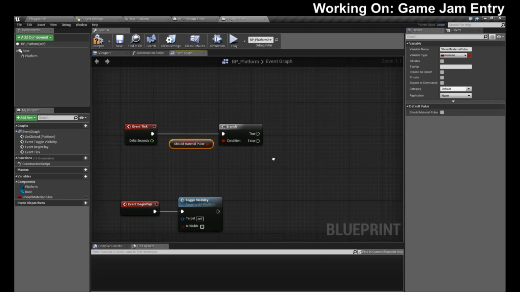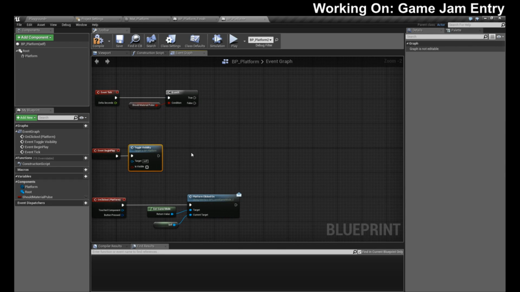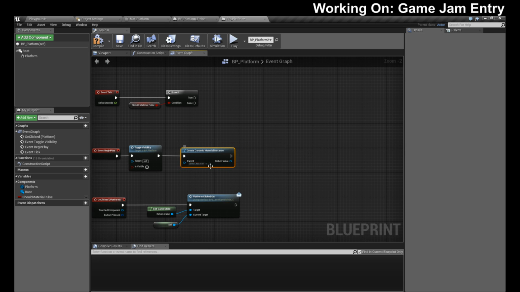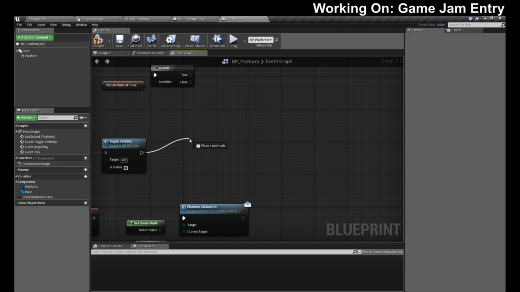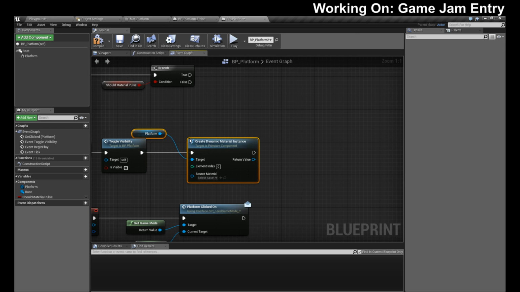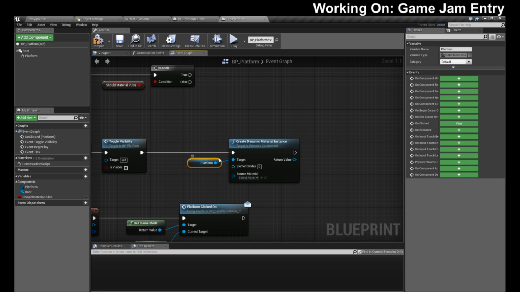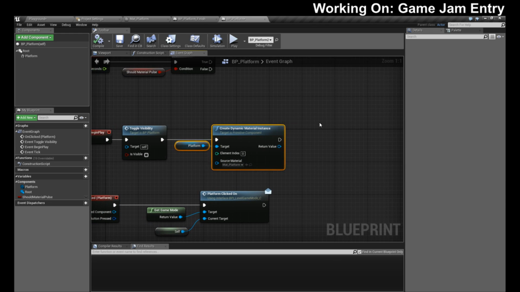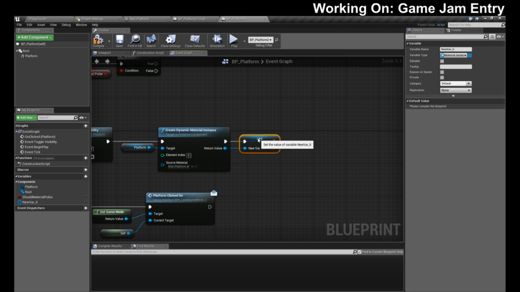I'm going to need to create a material instance on each of these, a dynamic material instance on the platform. So I should have done that on the platform, because those are two different things. And it's going to be the material platform. Okay, let's store this as a reference, which is going to go here, and this will be the material inst ref.